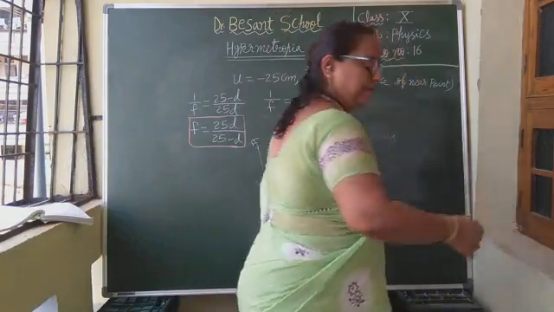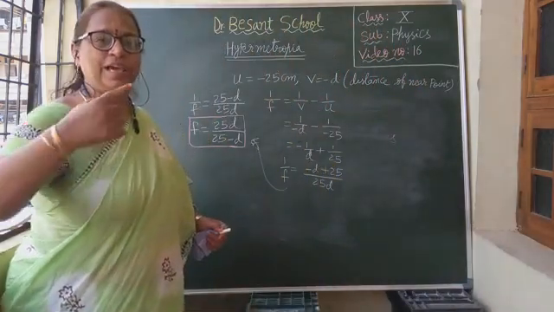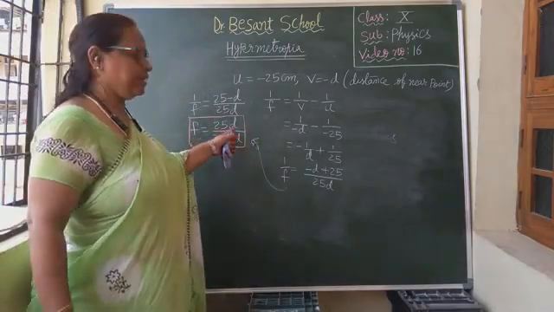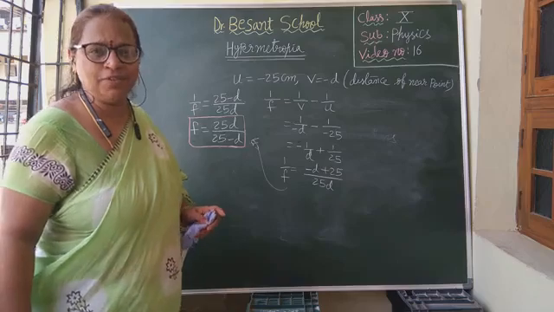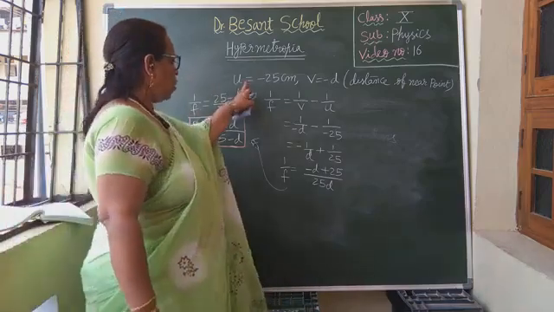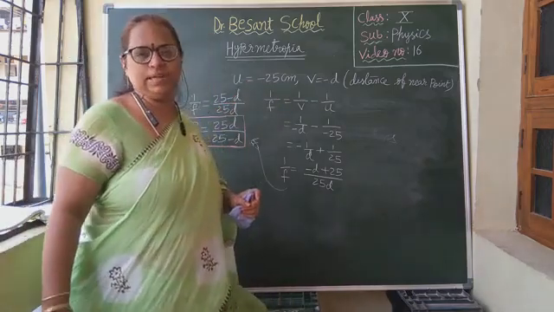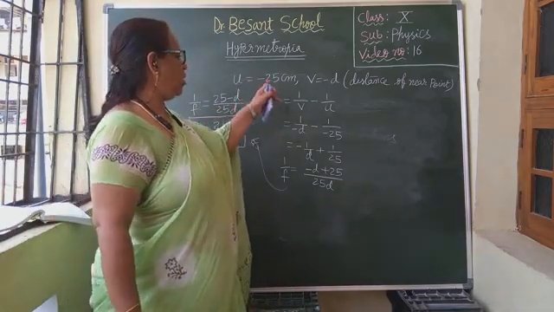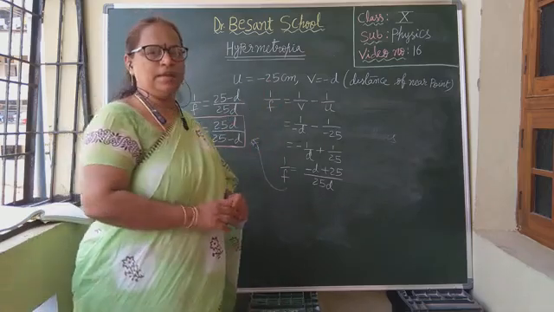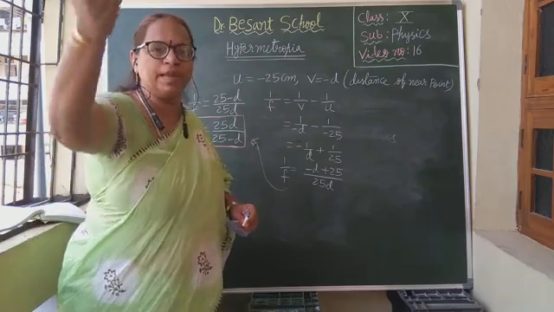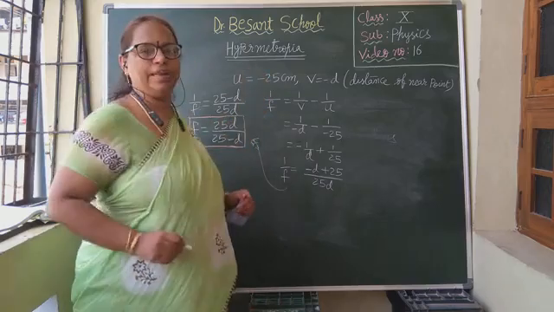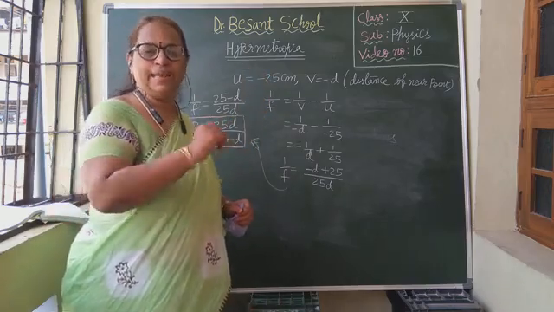What is d here, children? D is the distance of the near point from the eye lens. 25 is the least distance of distinct vision. Okay, children, you understood this? First, the object is placed at the least distance of distinct vision. With sign convention, the object distance is minus 25 centimeters. Whereas the image, because of the convex lens, is forming at the near point. So the distance of the near point is small d, and with the sign convention, it is minus d.